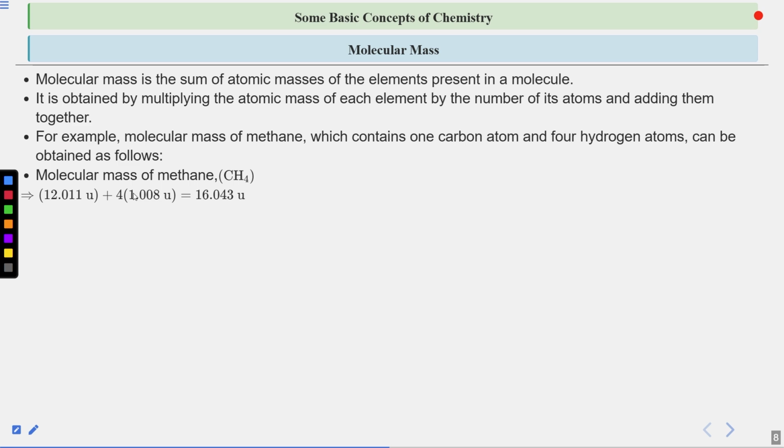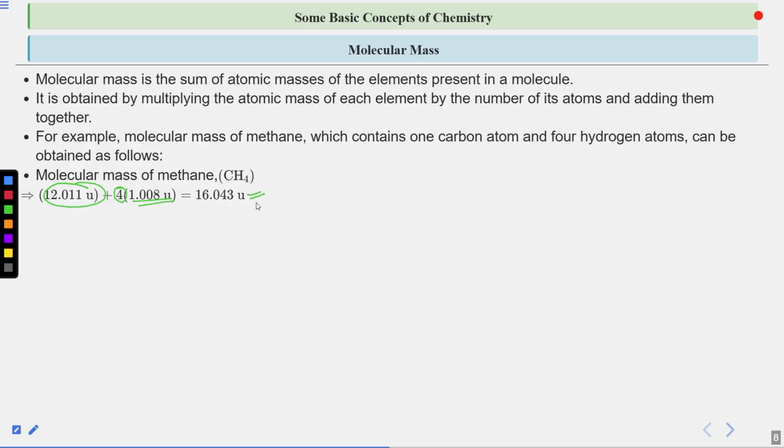Since we have one carbon, we are taking 12.001 multiplied by 1, that would give you the same thing. Then we have 4 hydrogen, so 4 multiplied by 1.008 unified mass. This calculation will give you 16.043 unified mass as the